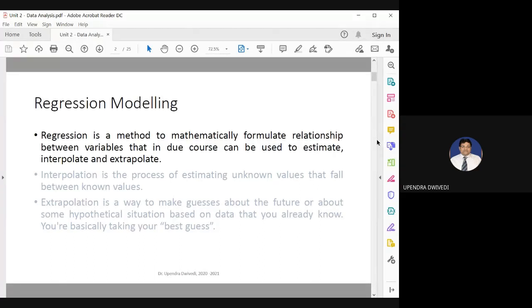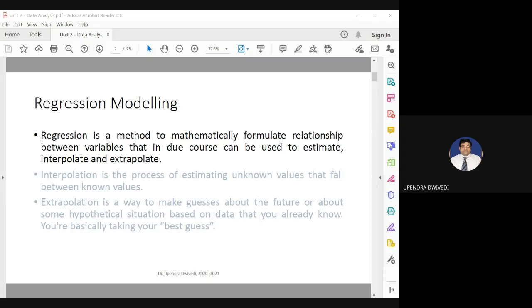Good morning, everyone. In the last lecture, we discussed the data analysis life cycle. There are phases in the data analysis life cycle, and we discussed each and every phase, the steps in those phases, and the advantage and outcome of the different phases of the data analytics life cycle. We had also discussed the first topic of unit 2, the regression model.